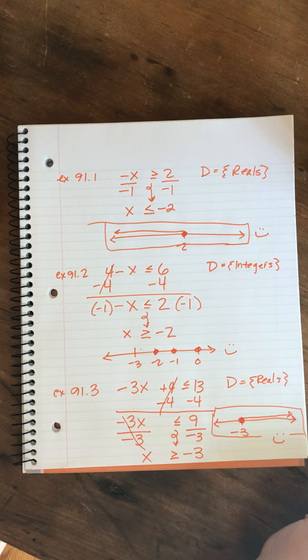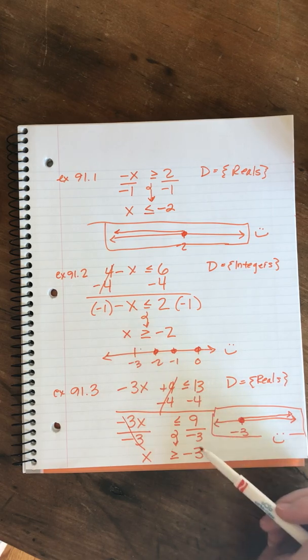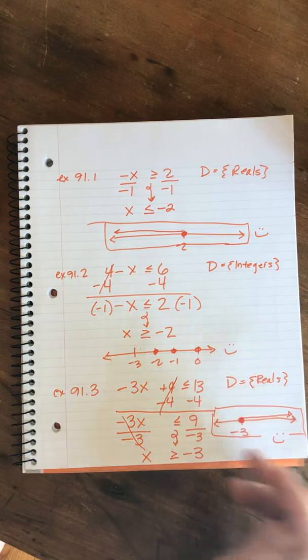Okay, so that's the rule on multiplying or dividing by a negative number with inequalities. You can do it, you just have to flip the sign. Okay? All right, now